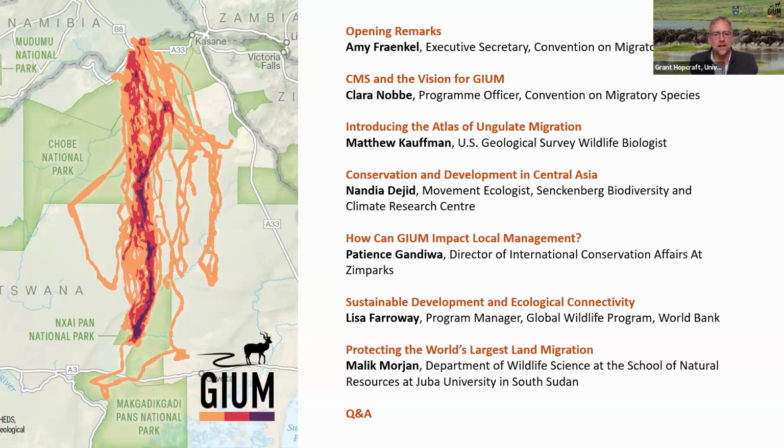Janie, you've already got the Atlas up there in the question and answer section. So, are there plans to add more ungulate species to the Atlas? I can already see one critical important migratory species that travels long distances that is not included. We'd love to hear which one that is. Who's that from? Tarita, is that how you pronounce your name? Sorry if I've got that wrong. Maybe I'll pass that question to Matt about plans for more ungulate species. Matt, do you want to respond to that? Could I ask somebody to unmute Matt, and maybe Tarita if Tarita's still on the line?